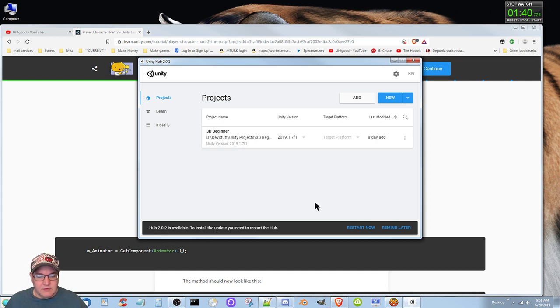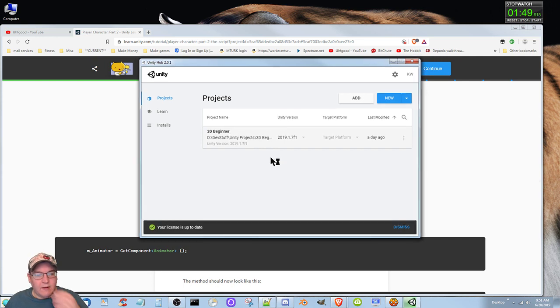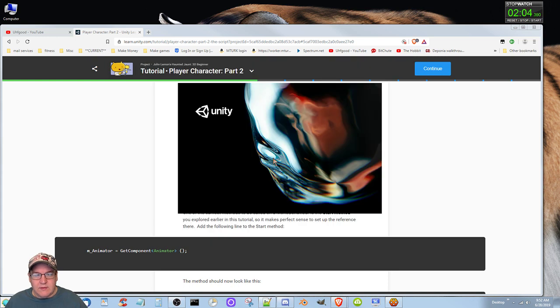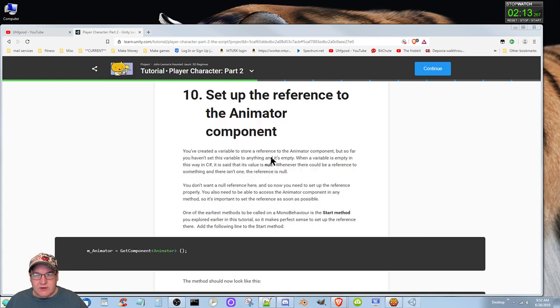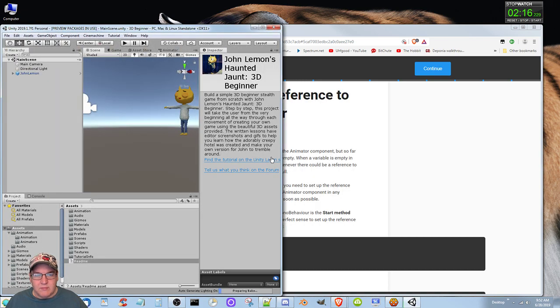It wants me to install Hub 2. I don't want to. Remind later, I guess. In fact, there's a new version of Unity out too, but since I'm going through this daily, I don't want to screw around and update. I think I know what the problem was the last time I updated. I deleted the old one, and then I updated, and I had to restart the tutorial from scratch, but since I was at the beginning, it didn't matter that much.